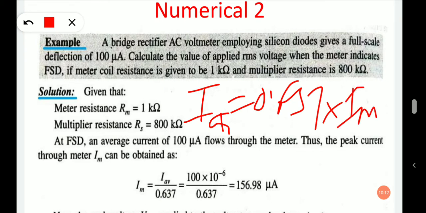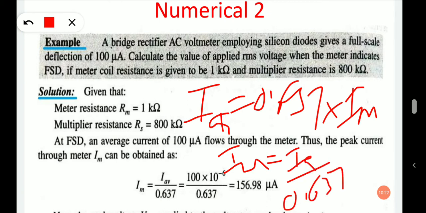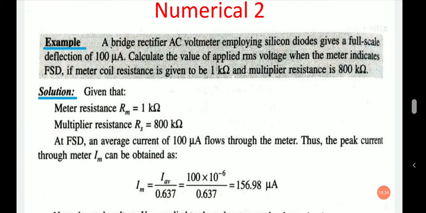So from this expression we can write Im equals I average upon 0.637. So if we substitute the values,